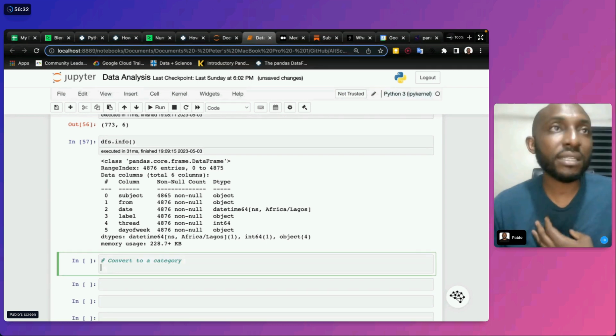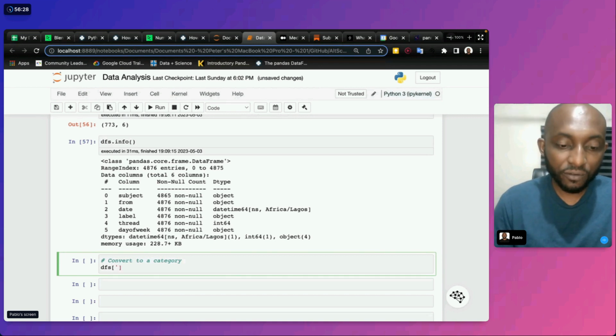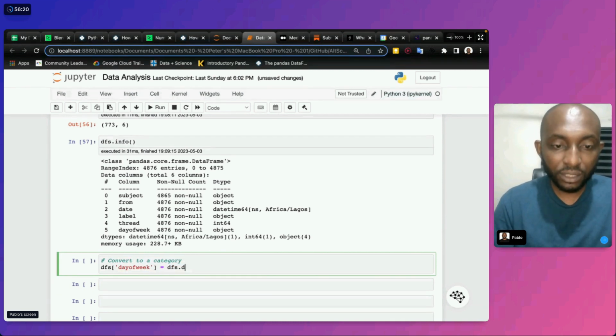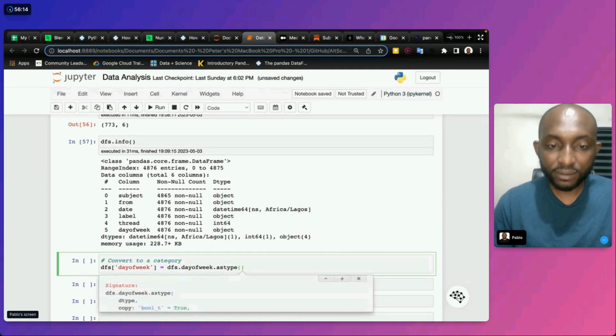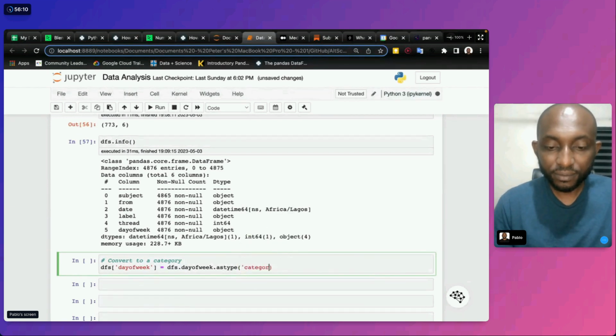So now if I want to convert the day of the week, I would probably not use lambda anymore. I just do dfs.day_of_week.astype, open brackets, category.